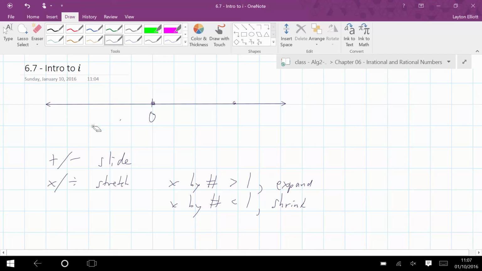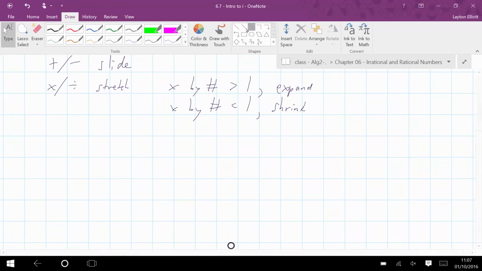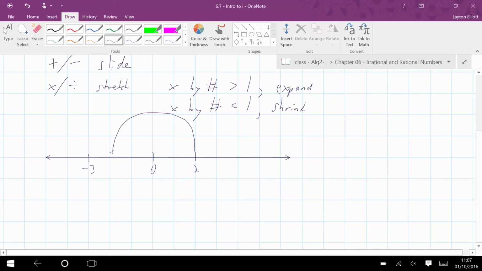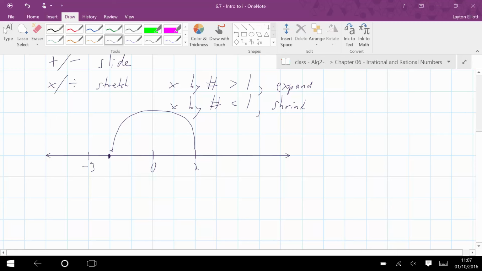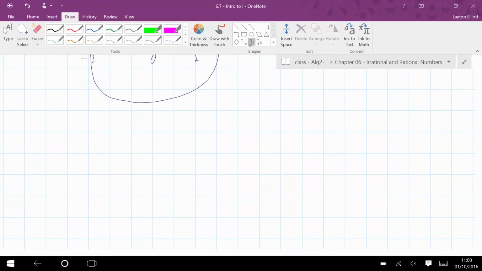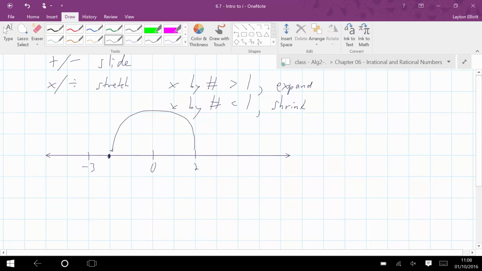One of the big things here is to get the idea of what happens when I multiply by negative 1. If I multiply a number by negative 1, I'm going to actually start putting some numbers down here. So I'm going to have 0, 2, and negative 3. And if I multiply this 2 by a negative 1, it slides over and becomes a negative 2 here. It goes over to the opposite side. And if I multiply this negative 3 by a negative 1, it moves in that direction. And this little curious thing kind of leads to this idea of rotation,